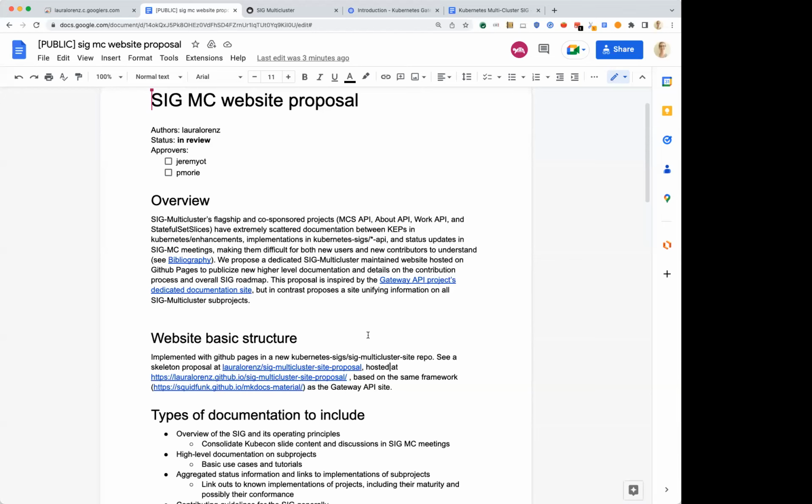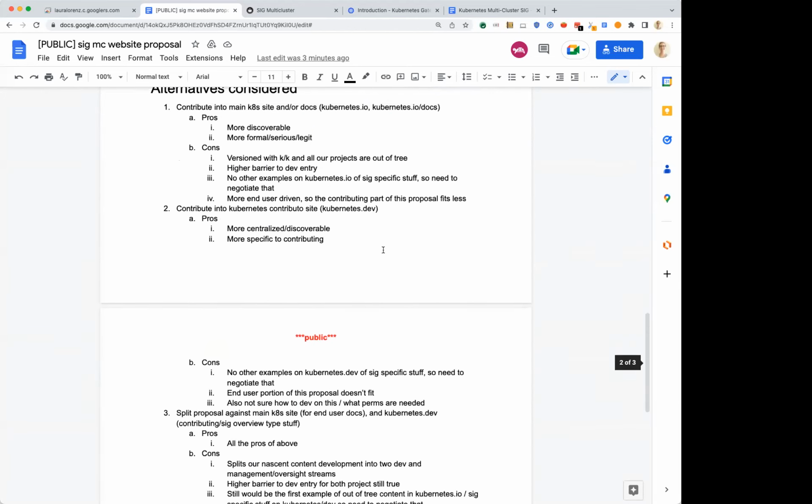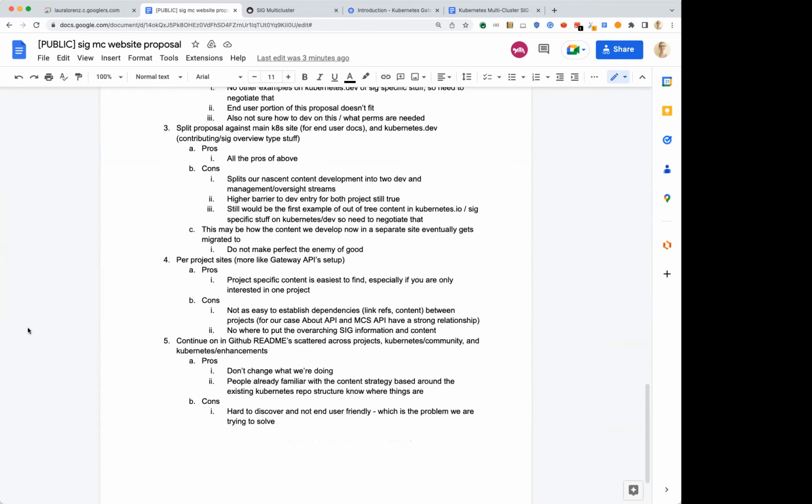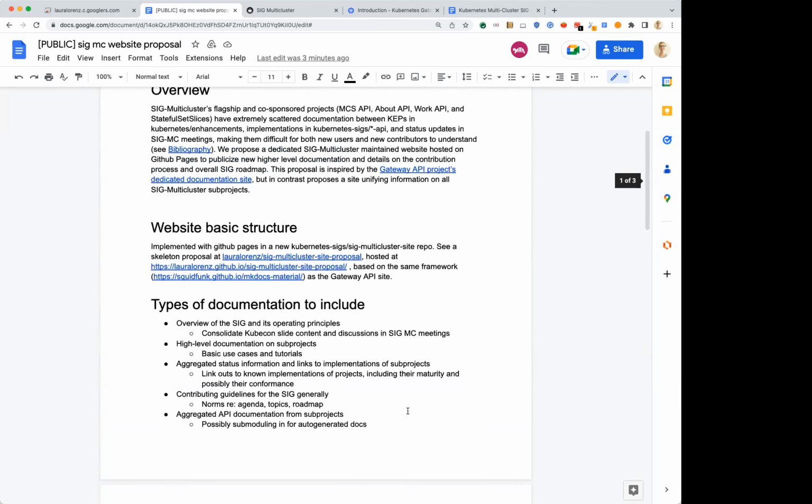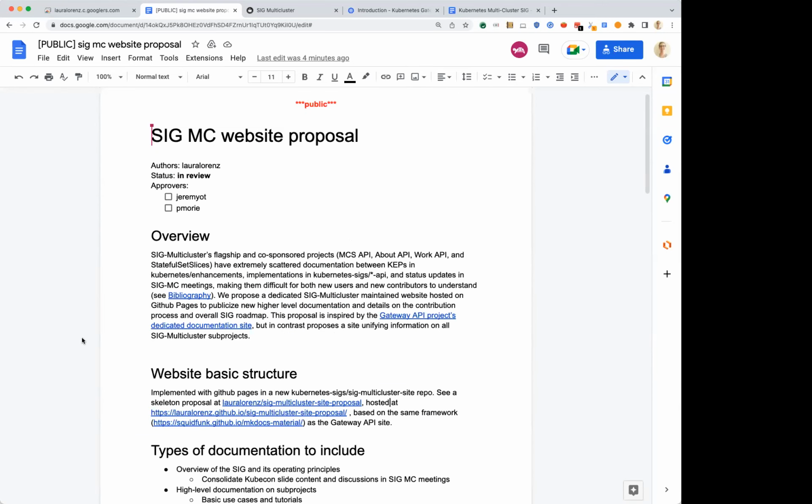Cool. Well, I will mention there were some alternatives considered down here with pros and cons of not doing it this way. So if you want to take a look at those and think this other one is a better idea, there are some variations in whether it's best to have one site for everything in SIG-MC, or for sub-projects to have their own, as the Gateway API project fundamentally does, or whether all of this should just be in the KK docs or the Kubernetes.dev docs.